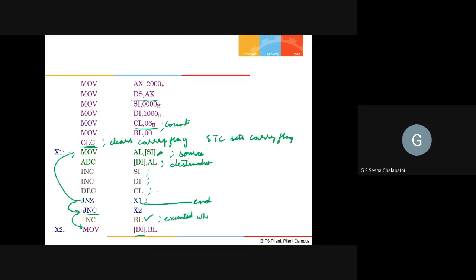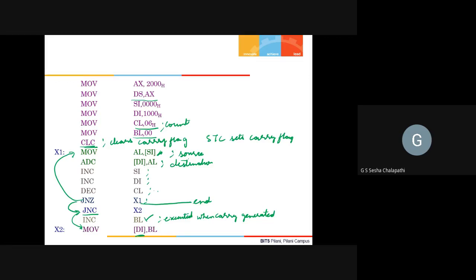When carry is generated, BL will be incremented, because BL previously was 0. BL becomes 1, and 1 will go into the seventh byte.